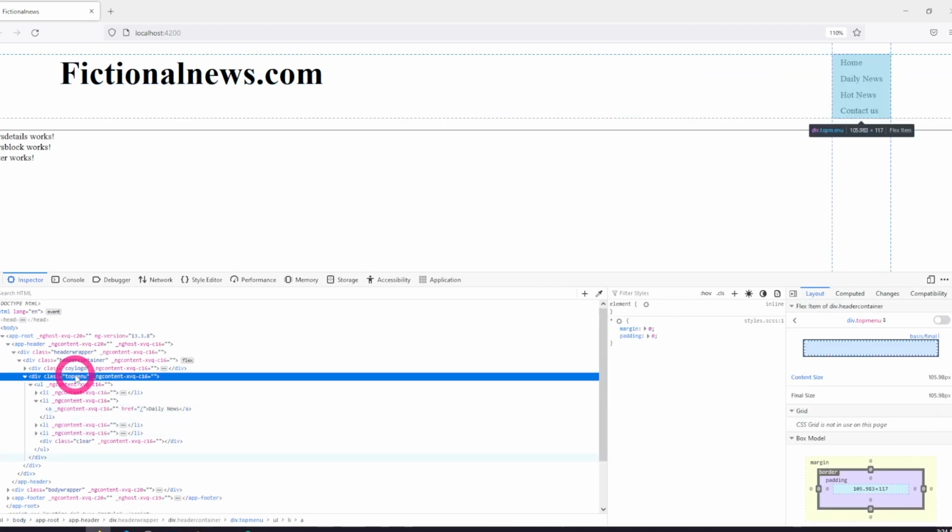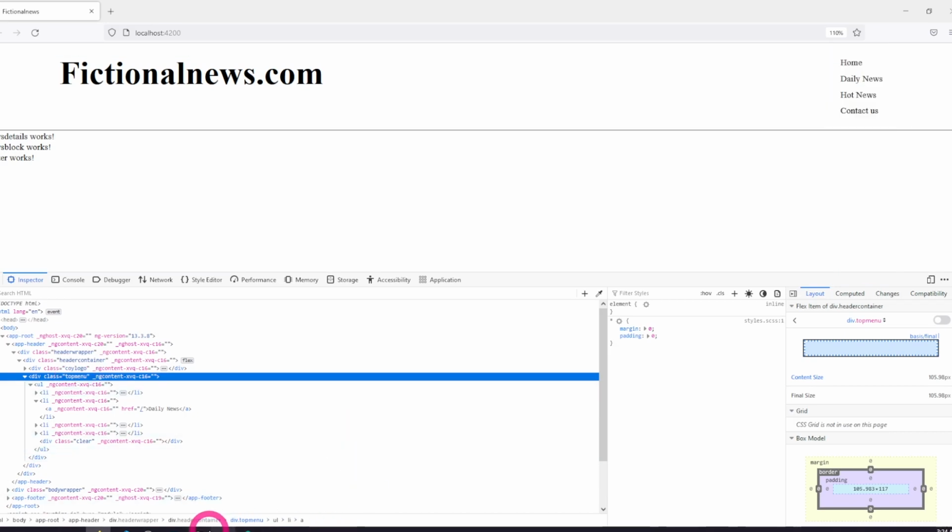It doesn't have a width, so let's make it 50%.